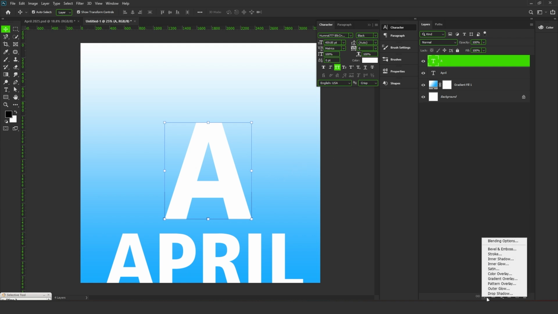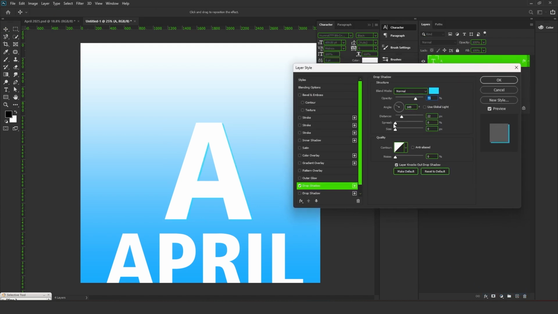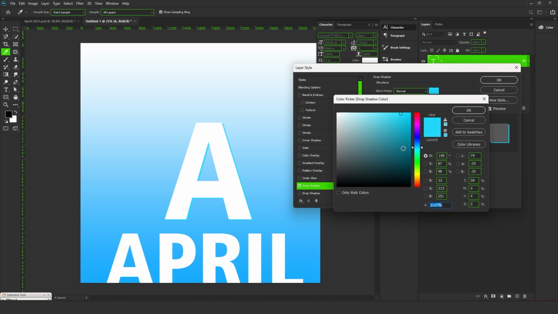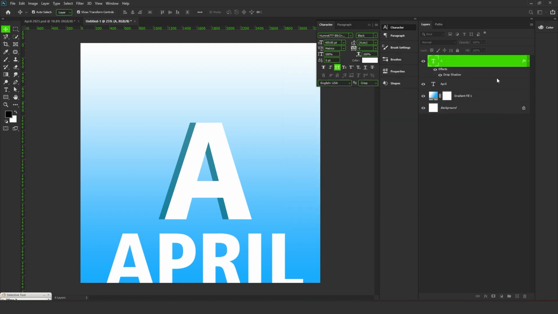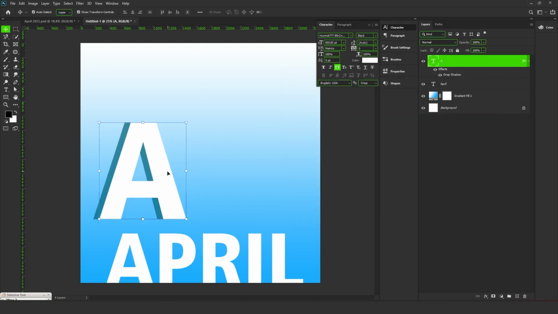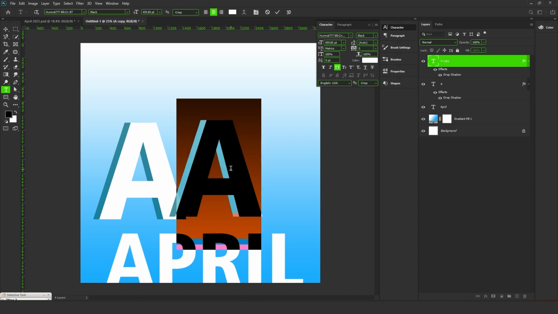So you go to effect, you go to drop shadow. So our work here is to get the drop shadow like this. So I'm going to make the drop shadow this color, something dark like this. Increase the distance. Please, you can copy the settings. Perfect. I think I'm good with this. Click OK. So the next thing you're going to do is basically to duplicate and write P